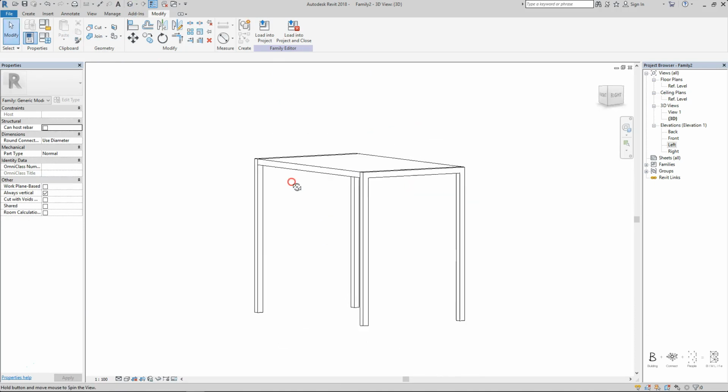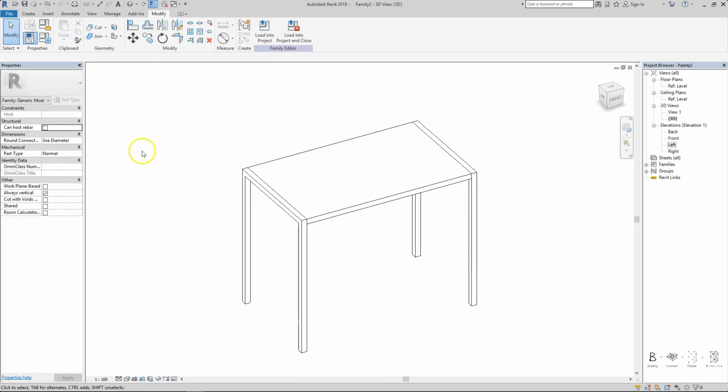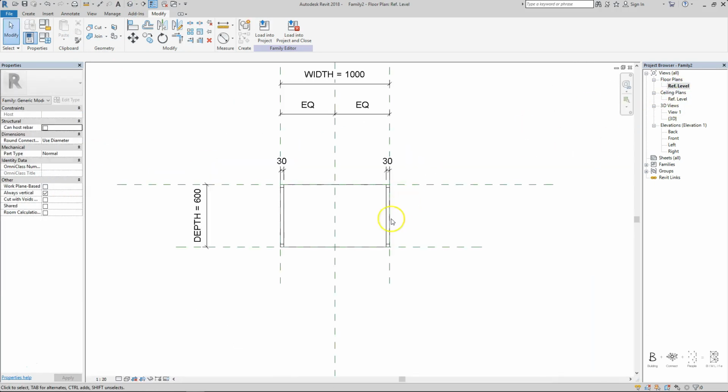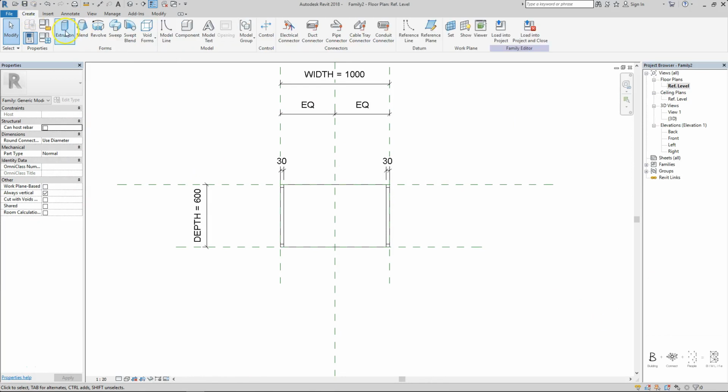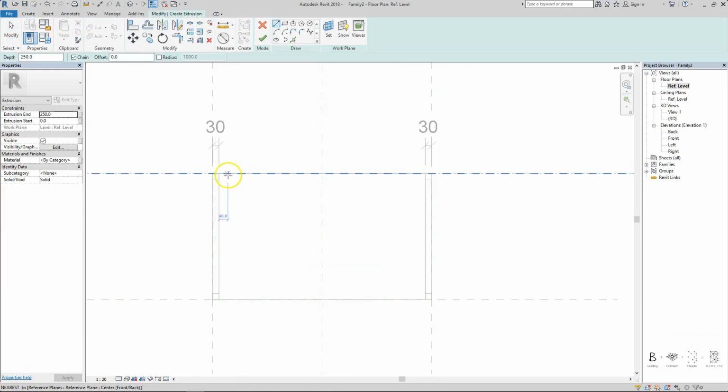So 3D view, you can see it's over there. And I will go back to the reference level. And I'll now create the base first. Okay, that's the base. Create, extrusion. Okay, the base will be slightly different. Okay, it's going to create the shape